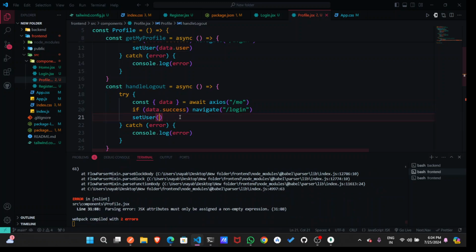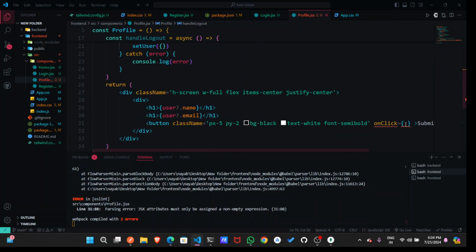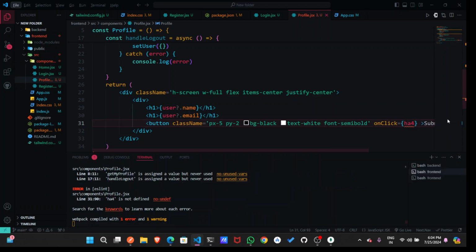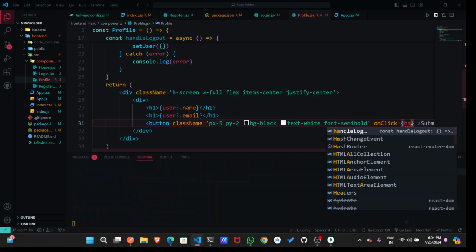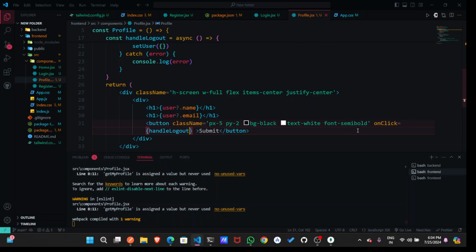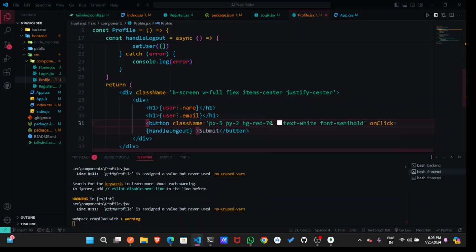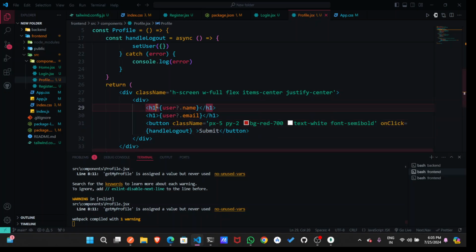We'll be setting the user to null, and the endpoint will be logout, and just put handle logout. And yeah, just change the color to red 700. So it's looking good. Go here, text username,